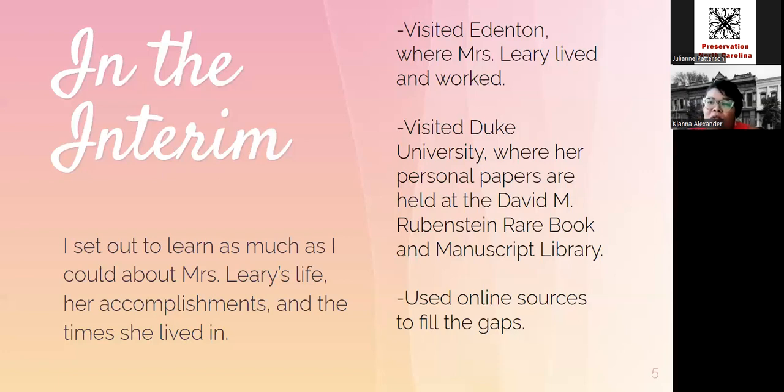And one of the best resources was the newspaper archives that the state of North Carolina keeps of their newspapers. The local newspapers around Edenton and the surrounding counties gave me a lot of information about not just things happening in the state of North Carolina, but also about Mrs. Leary and her family and their personal life, because there was a paper called The Fisherman and Farmer, which is a Black newspaper in Edenton,